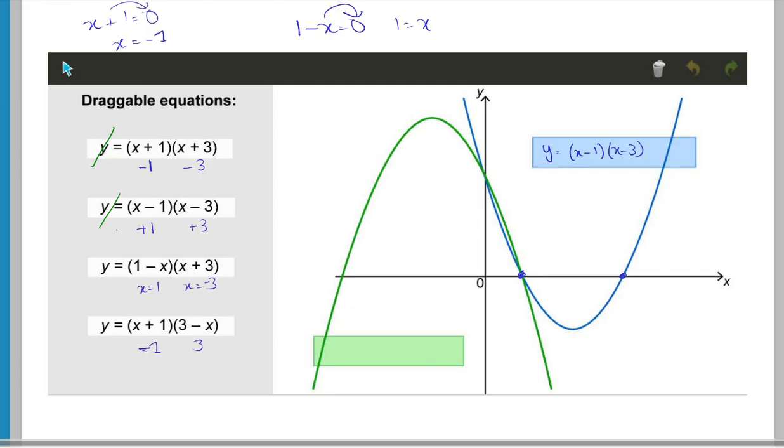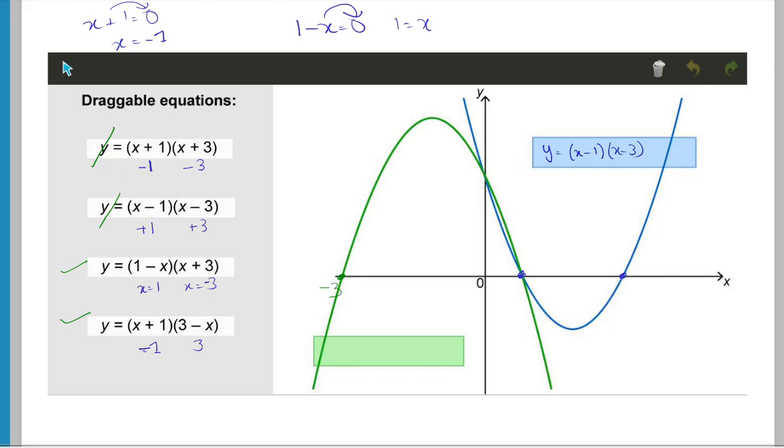X minus 1 and x minus 3, right? Both positive values. Here we have one positive and one negative. So this criteria is fulfilled by both of them, because here is 1 and negative 3. Here is negative 1 and positive 3. But how do we identify? Now look,